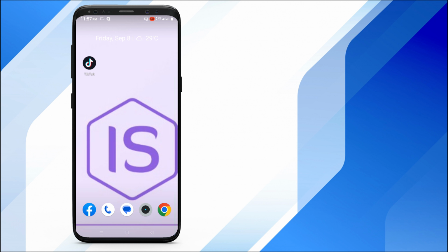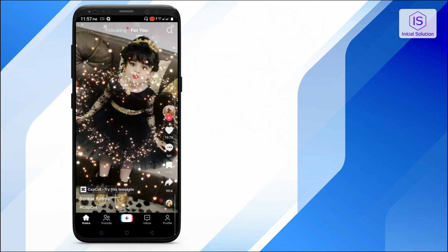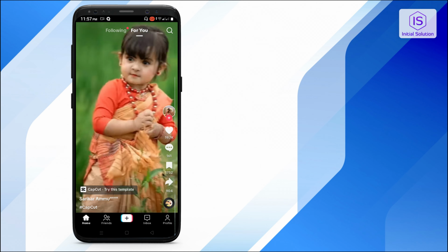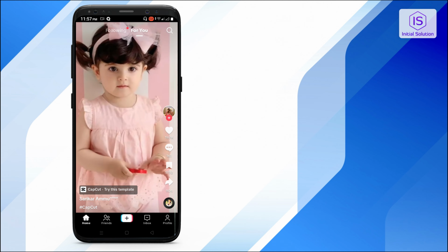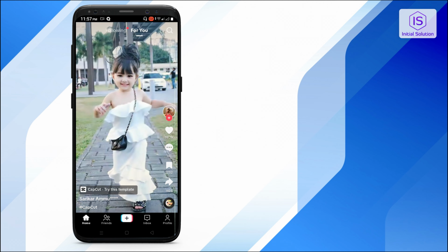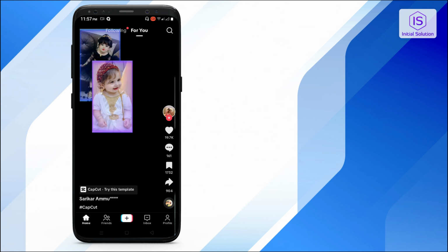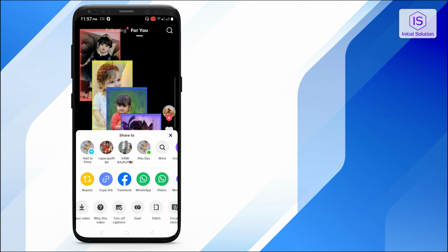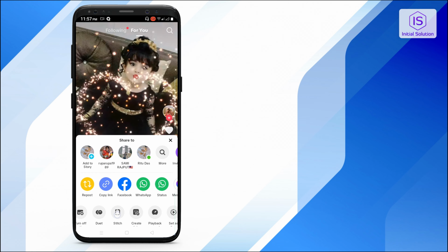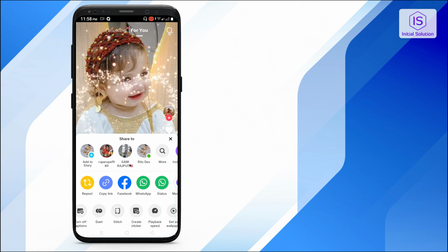Today in this tutorial I'm going to show you how to stitch on TikTok. So first of all you need to open your TikTok app and choose the video which you wanna stitch. So if I choose this one, click on this share option here and you can see here a stitch option. So click on it